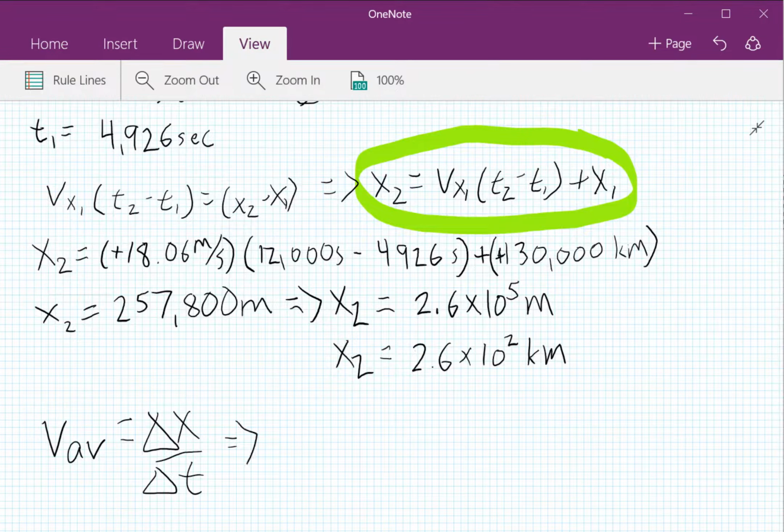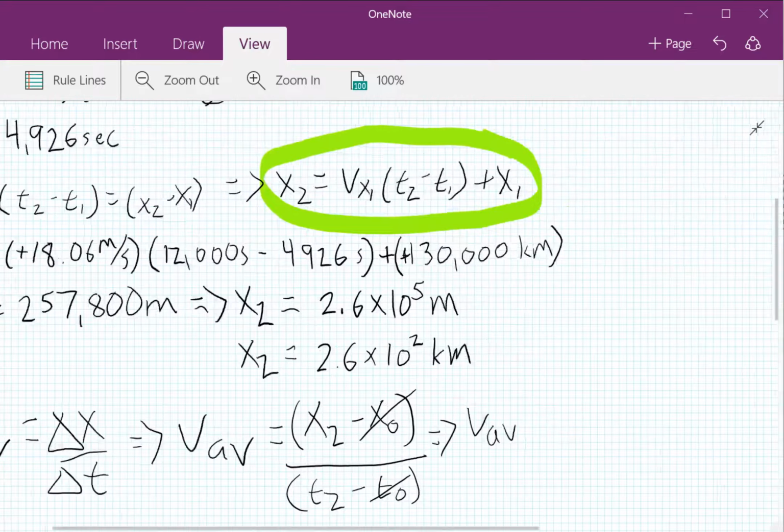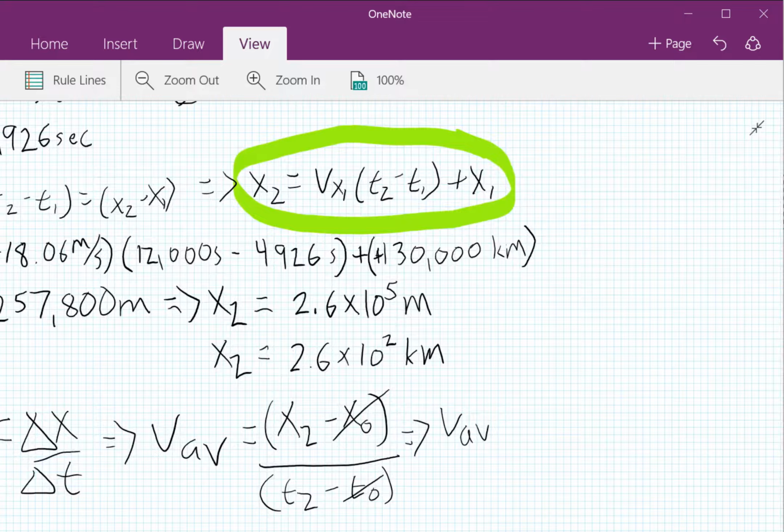Okay. Delta x is just the total distance, because you started from 0, so when you have the v average, you're really looking at x2 minus x initial over t2 minus t initial. But as we said before, those initials are 0, so we can find the average just by taking that total distance of 2.6 times